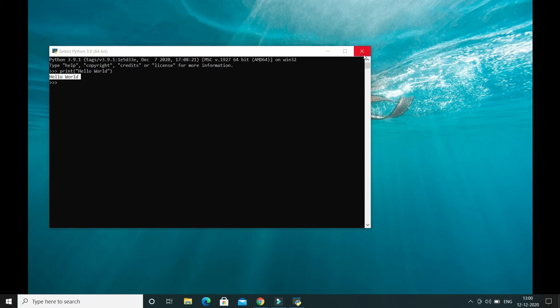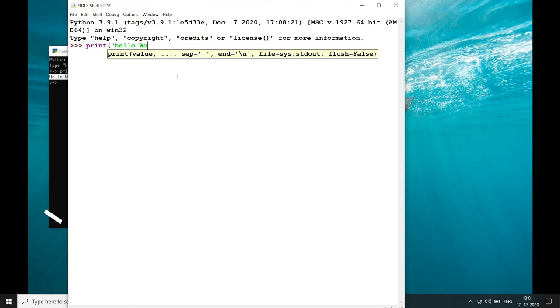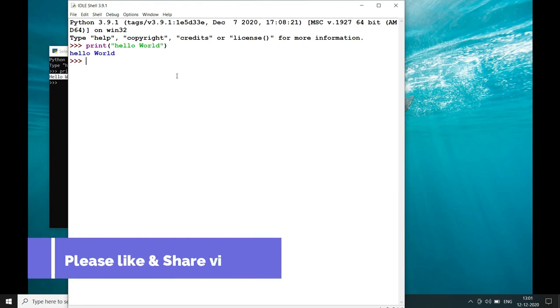So we can open this IDE as well. Here you can see this kind of window you'll get, and here let me print one message again. I'm going to print hello world, right? Make sure that it is working perfectly fine. Here you can see this function is printing hello world.